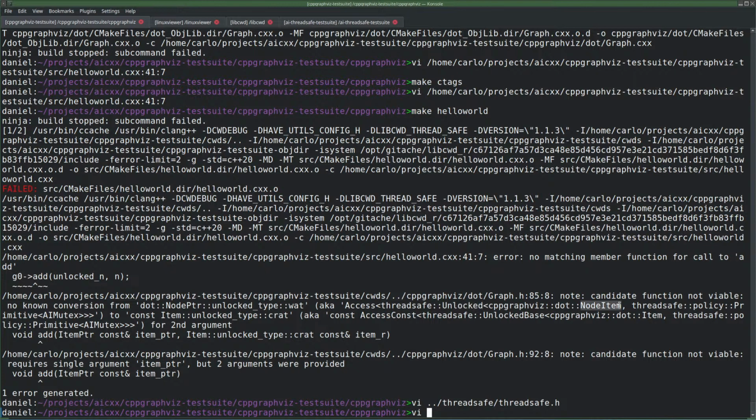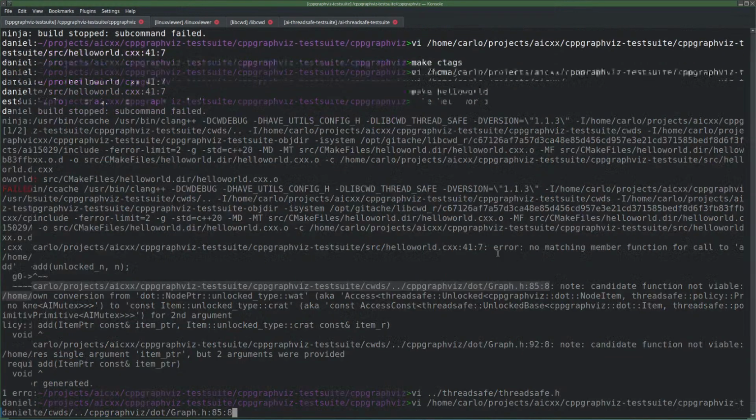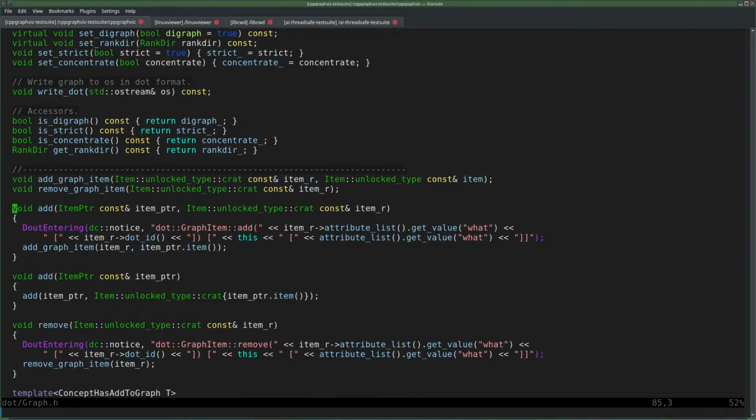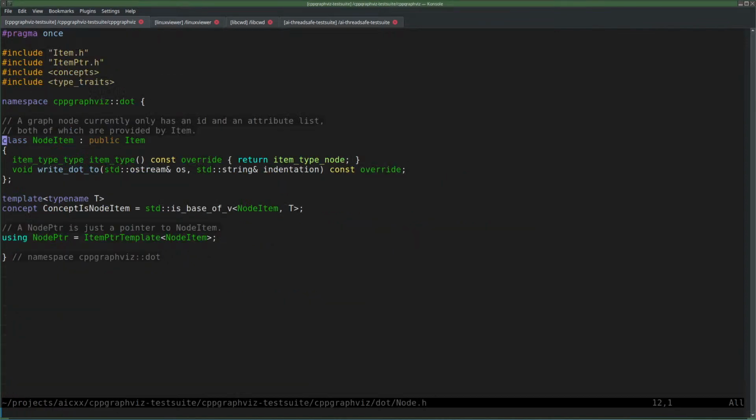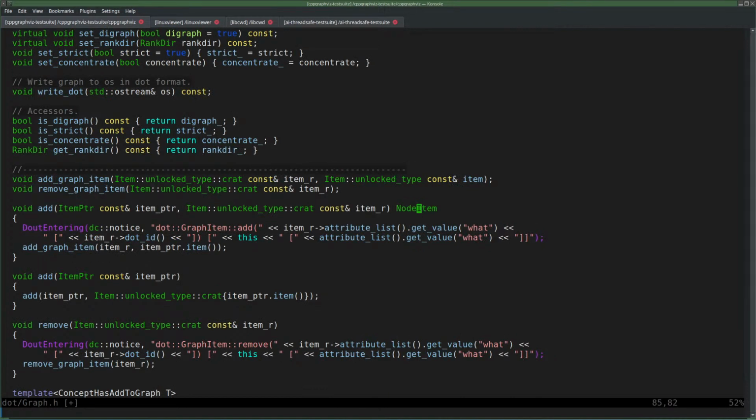And so I think that node item here, that node item is derived from item. Yep. So I'm only really interested in just item.